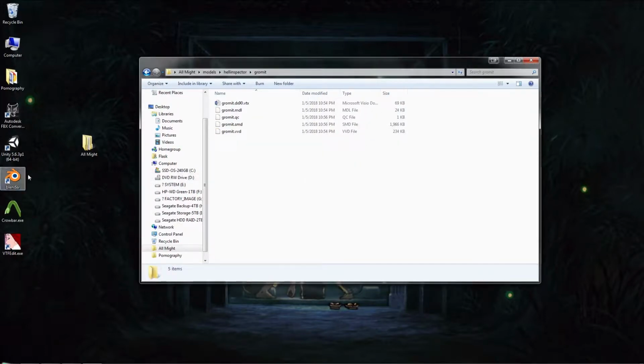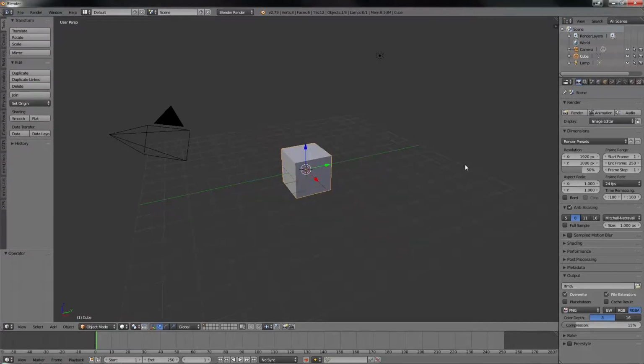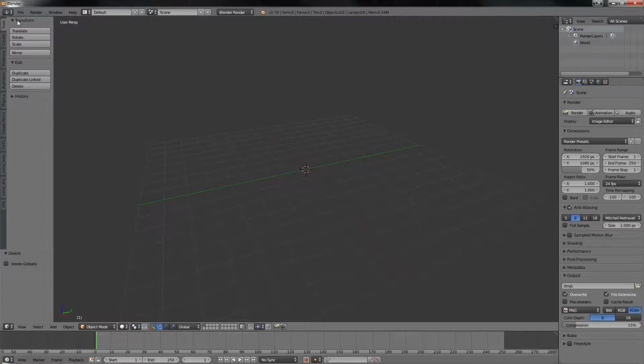Next step is to open Blender. Now we're just going to press A twice and then delete, to get rid of the stuff that comes by default. You'll see I have a few extra tabs here. It's because I've installed add-ons that allow me to import various file types not native to Blender into Blender. Because the normal ones are .fbx and .obj, but these add-ons allow me to import stuff like